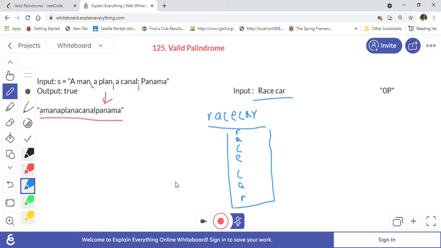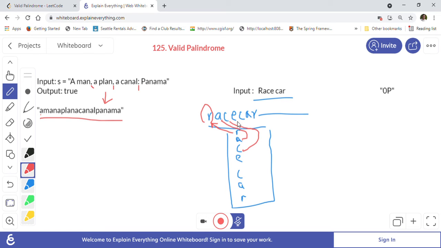After that, we will take the string that we have formed and again keep reading the string character by character. First we read R here, pop this character from the stack and compare it with this character. R is equal to R. As long as they are equal, we keep comparing and going forward. After that we compare this A and pop this A. Again it's the same. We compare this C against the character popped from the stack, which is now C.